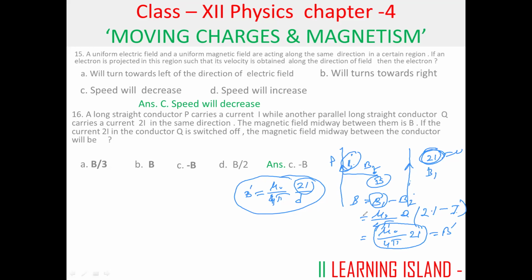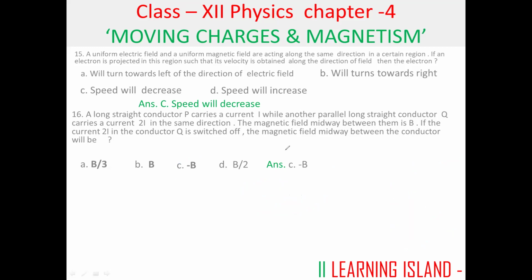Okay, that means B dash is equal to B and it will be in the negative direction. That's why here it is B dash, the answer. Okay, so hope it is clear. I'm just going a bit fast. Now come to the